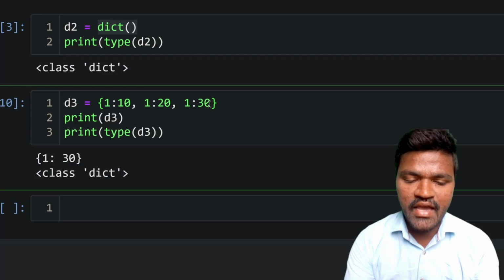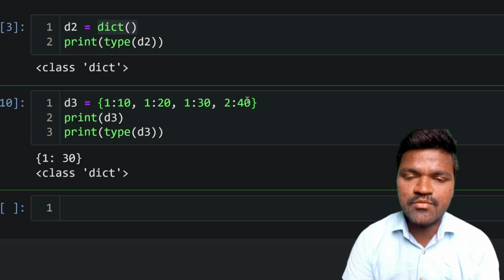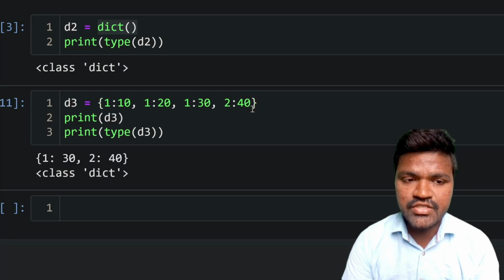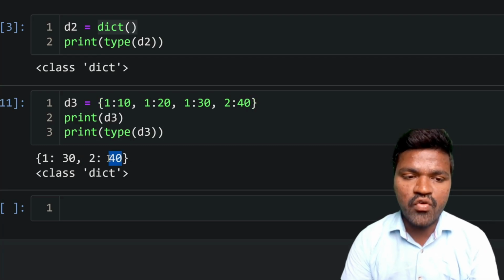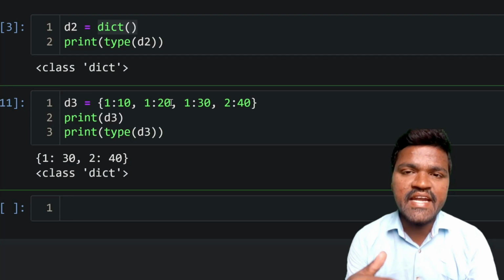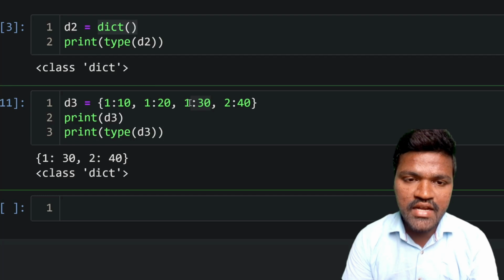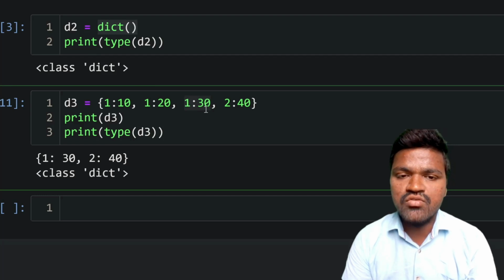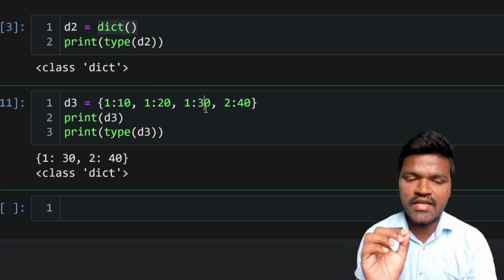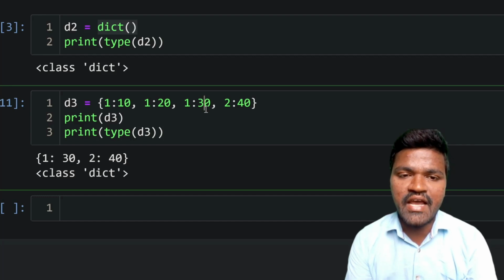Let's say I have 2, where 2 is a key and the value is 40 here, and if I execute this, we can see 240 is coming, but we are not seeing these particular 110 and 120 key-value pairs. The reason is that duplicate keys are not allowed. So because of that, we are getting only one key with value 30. So I hope you can understand the behavior of dictionaries whenever we have